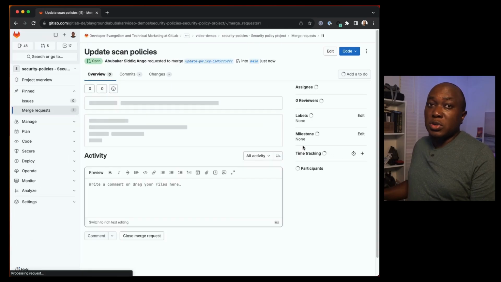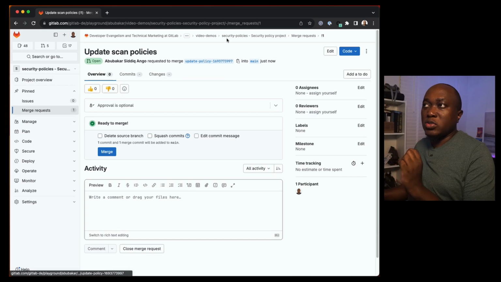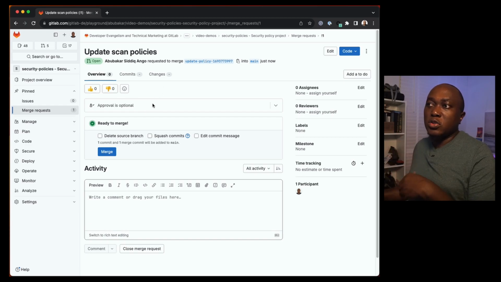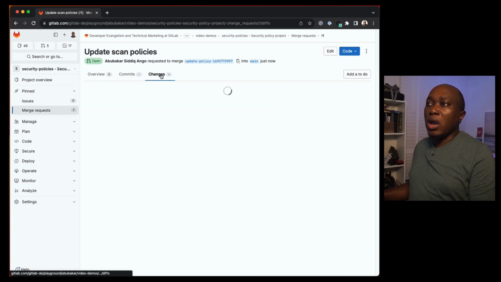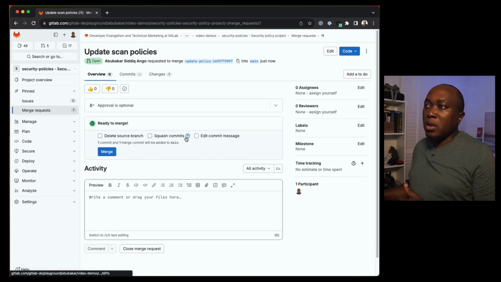Now, once the project is created, like I said, you can add it to as many projects, one to many if you want, or one to one just for this project. What it has done here is create a project and automatically ask us to merge this policy that we've created to that project. And once you merge, you see it's the same policy that we saw when we were editing it earlier. Now, if we merge,